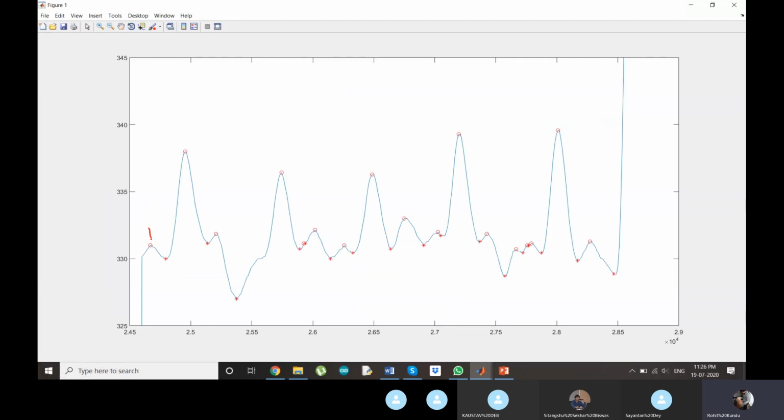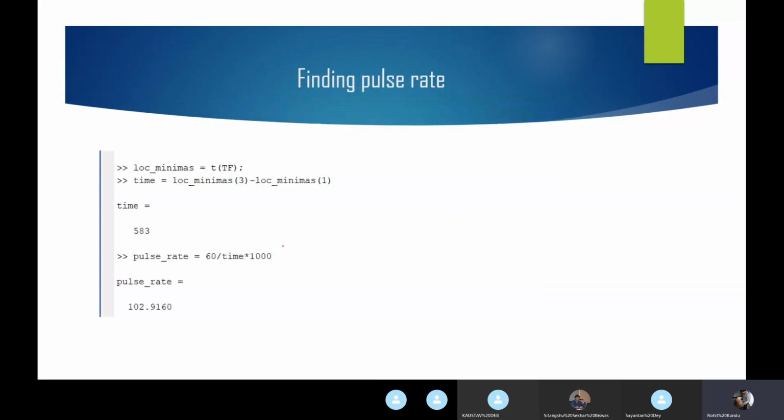Here it is, near about close. See, if this is P, this is Q, R, S, and this will be T. You can see the shape is near about the same as the shown curve.